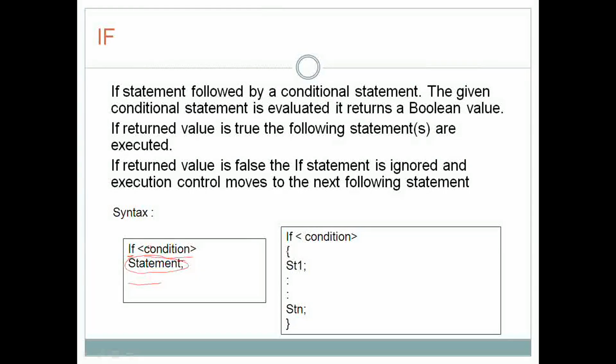But if followed by a condition, then a block indicates more than one statement. If the condition is true, it executes all the statements. If the condition is false, it executes the statement outside the if.